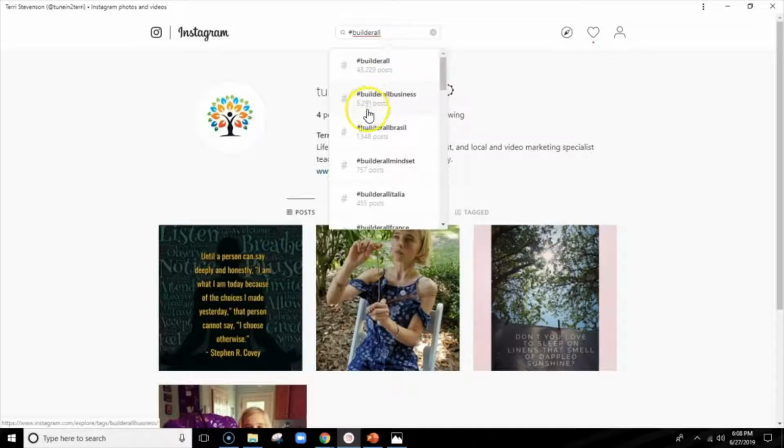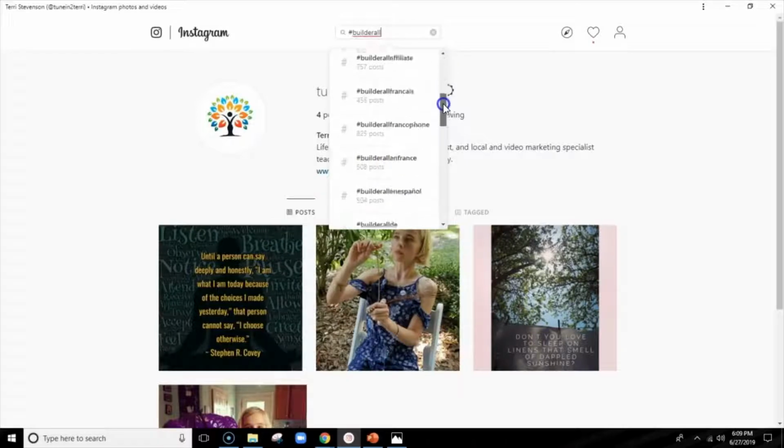You can also see that there are 5,291 posts using the hashtag BuilderallBusiness. Moving down, we see there's a little over 1,300 posts for Builderall Brazil, 757 posts for Builderall Mindset.